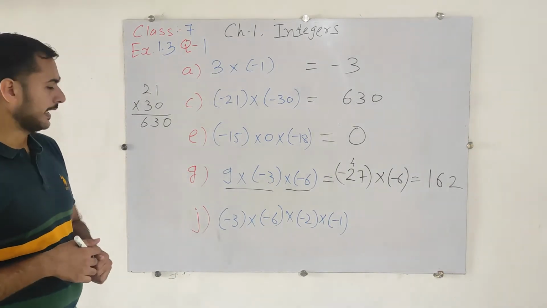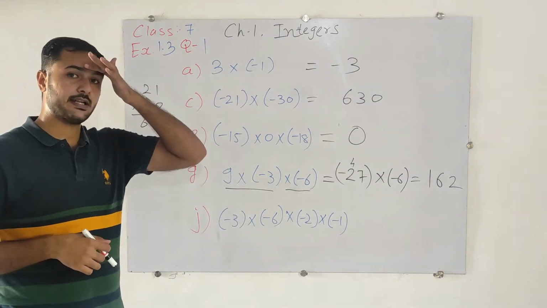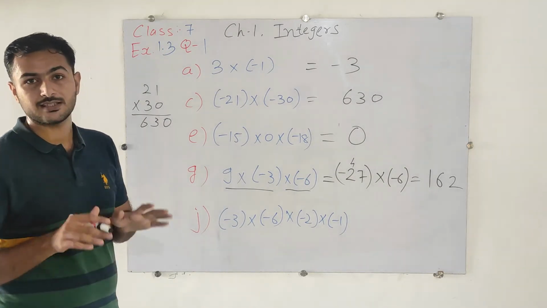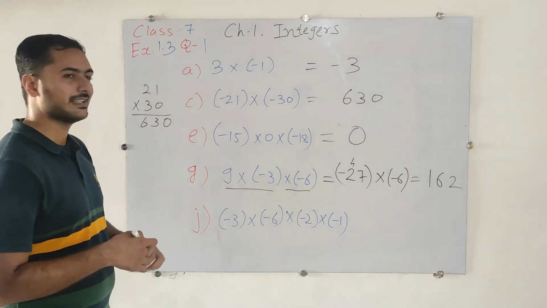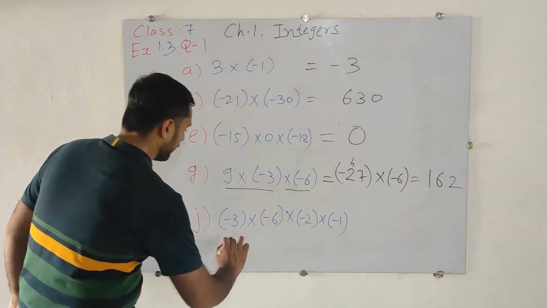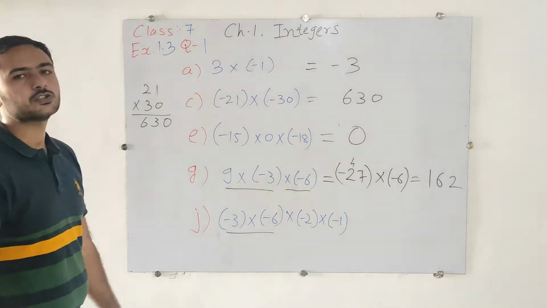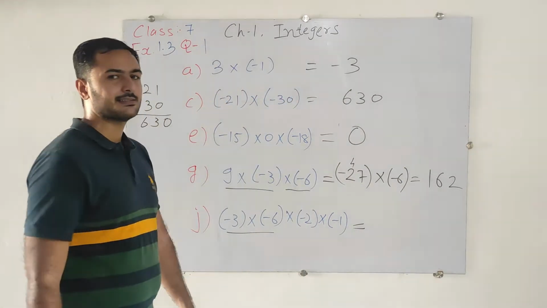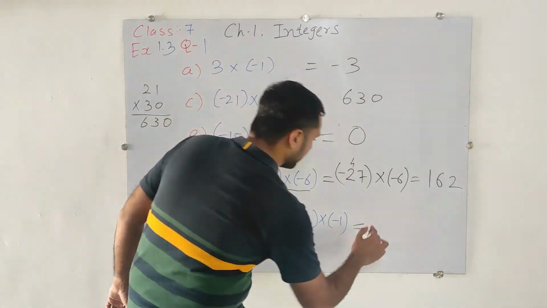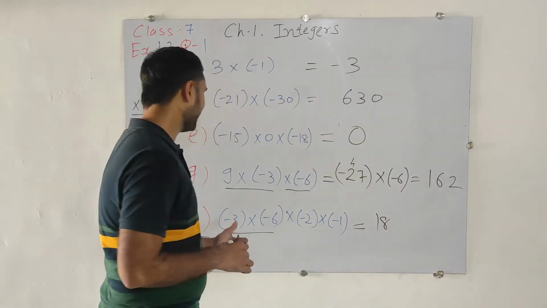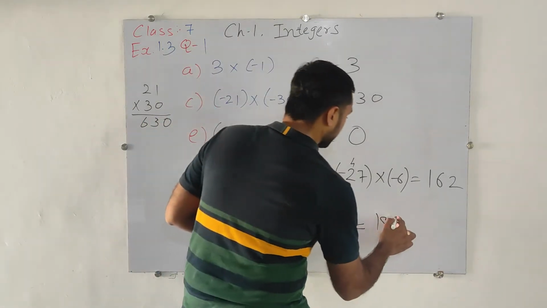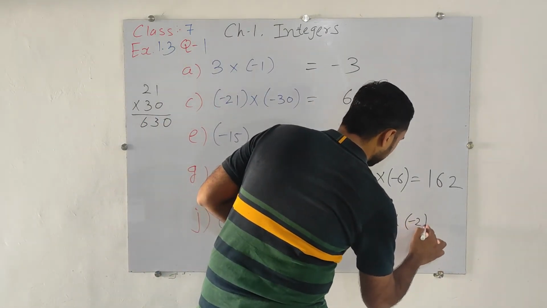Then J1. Okay. There are a total of 4 integers. Looking really very strange and tough, but that's not tough. It's really very easy. The same process we will use. First of all, we will do the first two integers. That is minus 3 minus 6. 6 3s are 18. So 18. And which sign will we put? Minus minus plus. So that is plus only. 18 into, the rest of all is as it is.